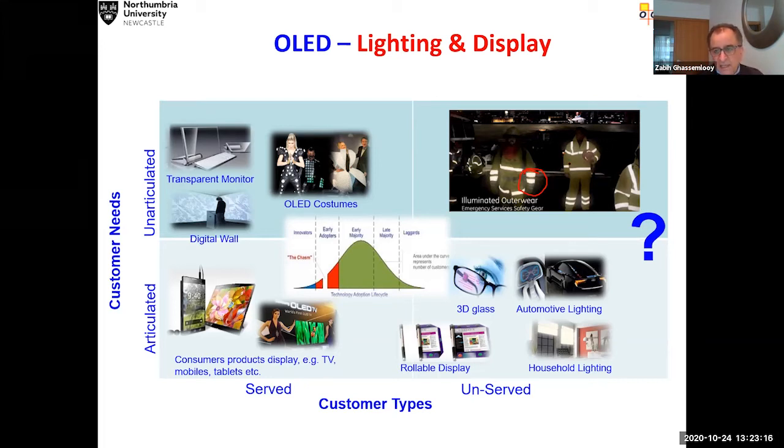So if that is the case here, then if I have an organic LED in the car as well, these lights can also send information. If I'm using it as glasses, they can also act as a transmitter or a receiver and so on. Then you can apply that logic all the way across the application range.